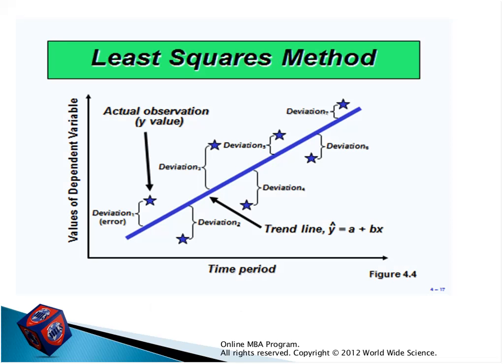When you have access to historical data, you can draw a diagram. Historical data is the stars. Can you see the stars on the diagram? Blue stars are the historical data, or the real demand from the last month or last year. When you draw this diagram, you can see they are increasing. It means that there is a trend. You can simulate this trend through a linear equation.